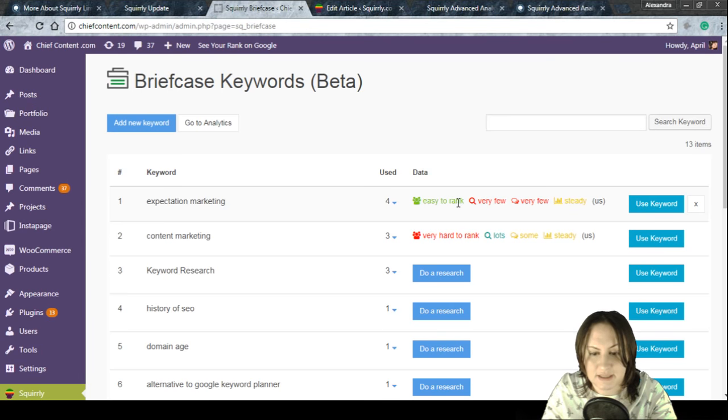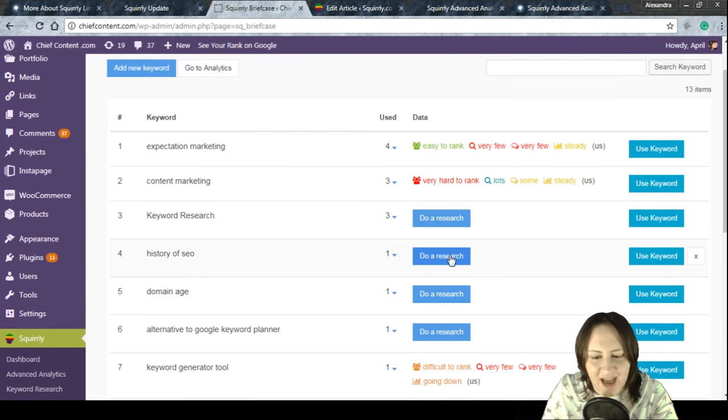So I can see that it's easy to rank, very few for search volume, a steady trend, and a lot of other information. For the ones that I haven't done the keyword research for, I can do it now, and I can do research just from here,